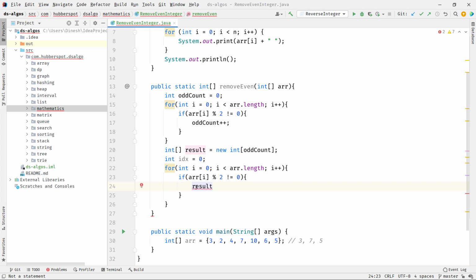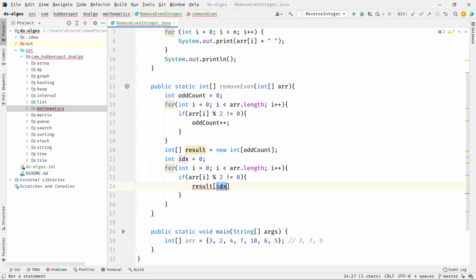In order to put the element into the result array, we need to find the index where we need to put it. For that we have created this index variable, which starts from 0. Let's say if we encounter 3, we put 3 at index 0. If we encounter 7, then we put it at the next index, and if we encounter 5, we put it at the next index.